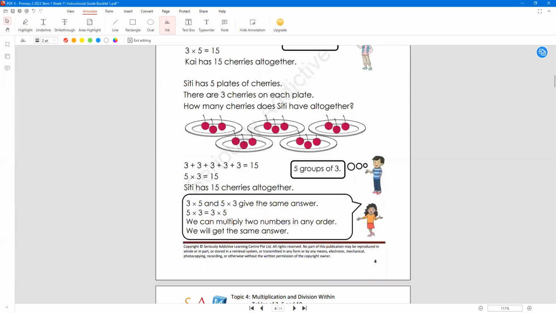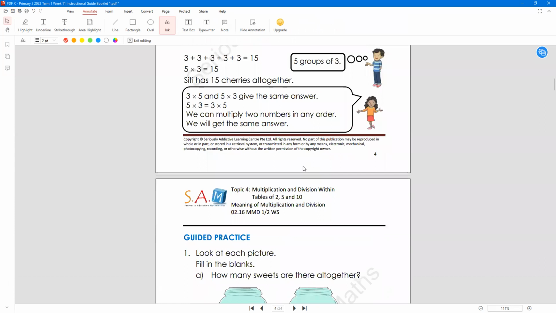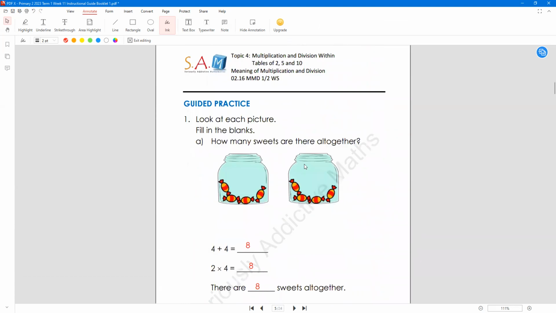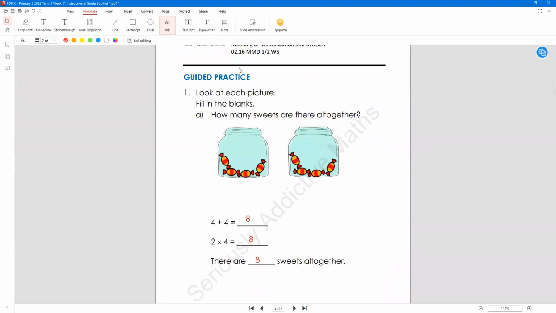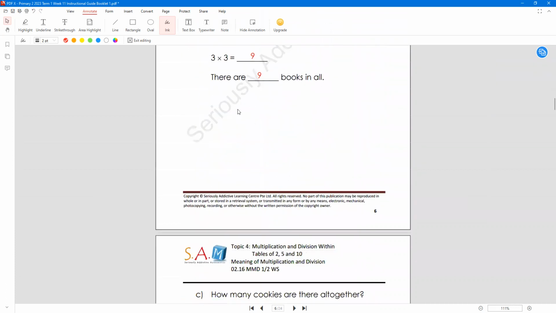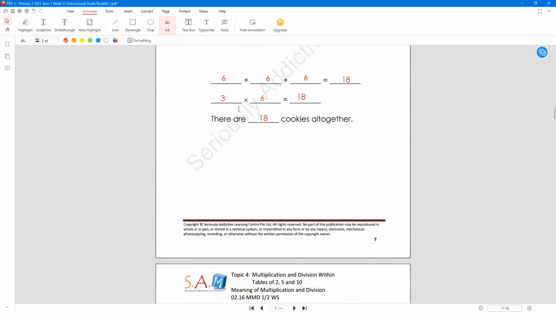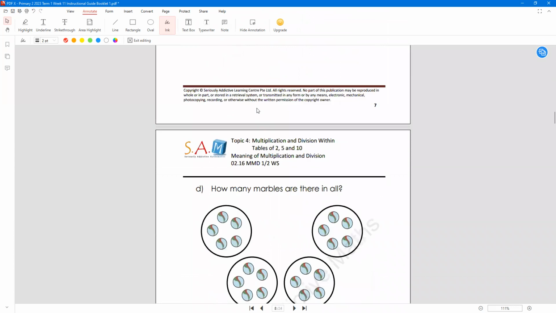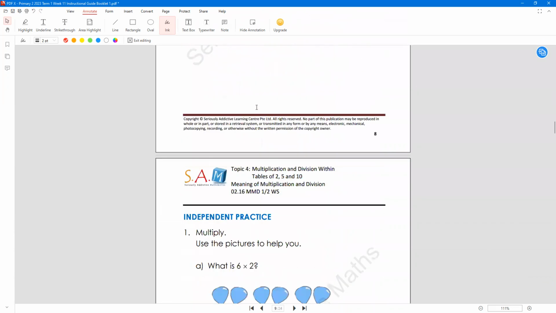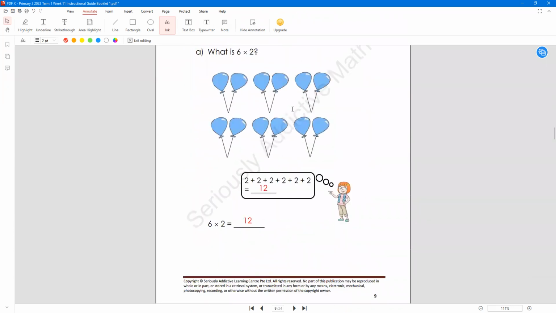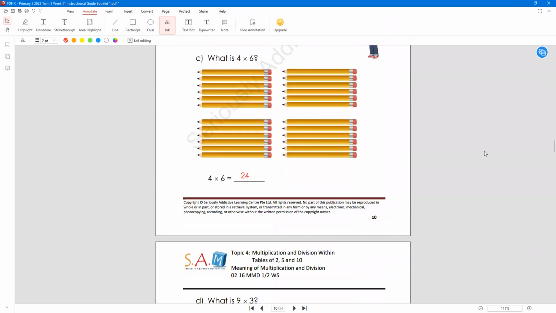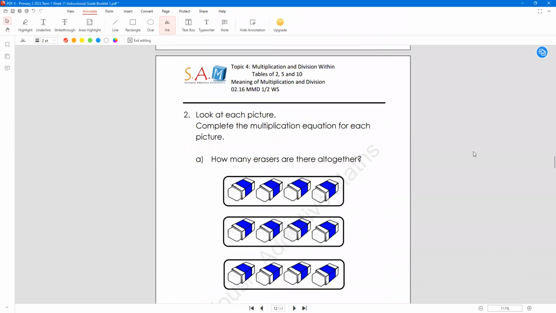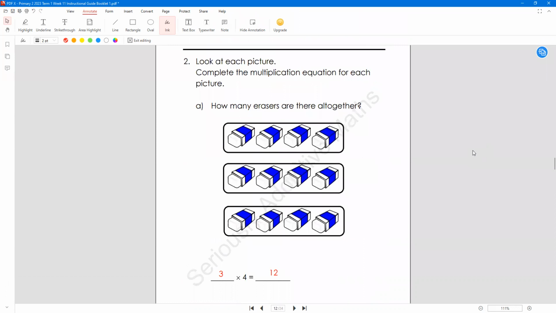I think they should understand the concept because most of them have been through K2 with us and subsequently primary 1. So just get them to do the guided practice in class, with corrections when necessary, all the way to page 8. After that, I would skip some of these questions and get them to do question 2A,